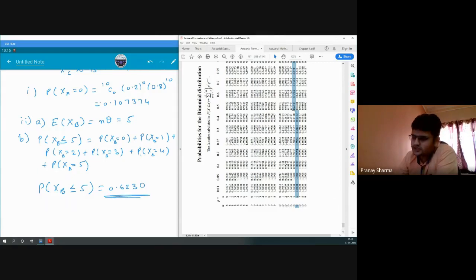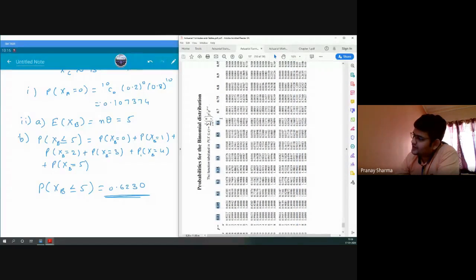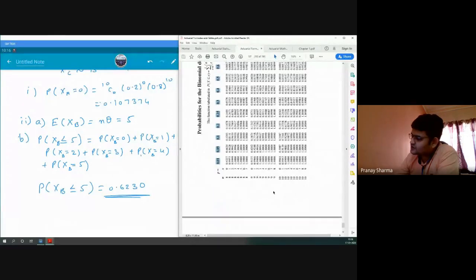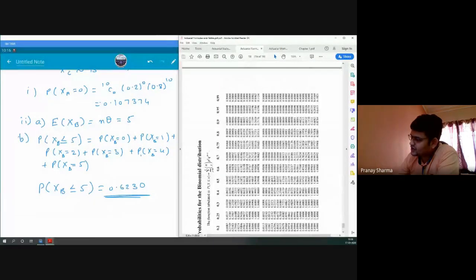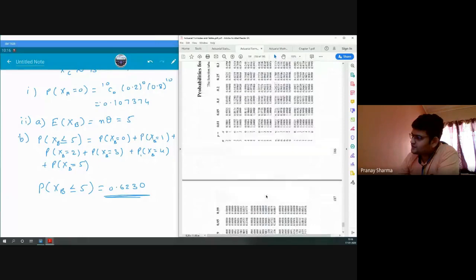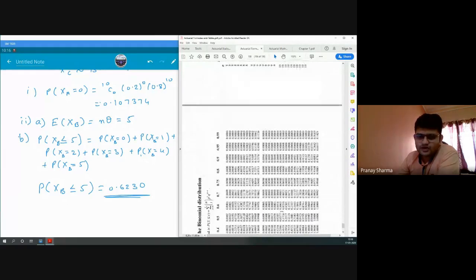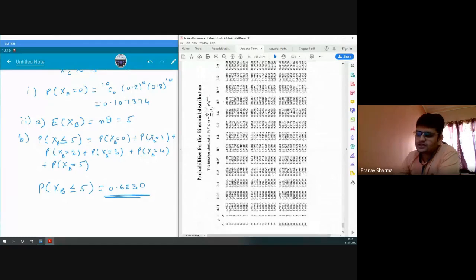We can use the tables to find these less than or equal to probabilities directly. But obviously you can see we do not have all possible probabilities. We have only limited values. For n also we have limited values. We have 3 tables for this. So n starts from 2, goes till 10, then we have 12, and then we have 20. For any values other than this, you will have to solve using our formula for PDF.